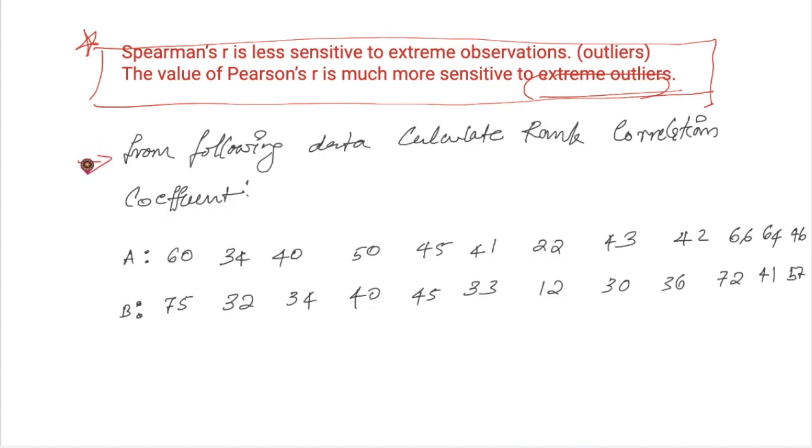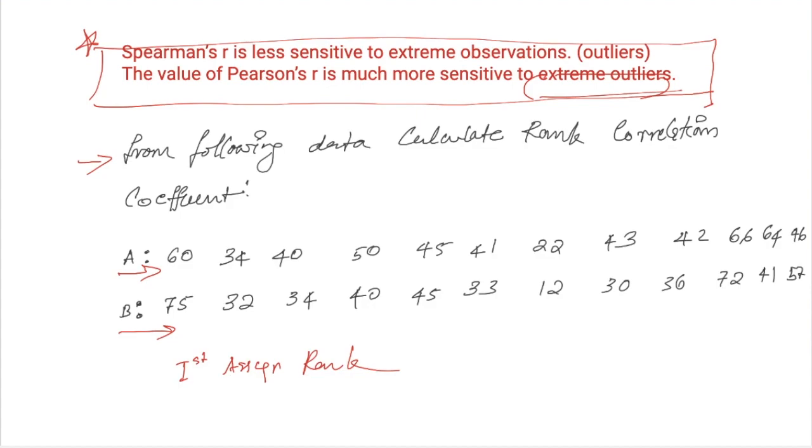We have values of A and values of B given: 60, 34, 40, 50, 45, likewise till 46, and the values of B are from 75 to 57. So what we are going to do, first foremost step, is to assign ranks. How will we assign rank? You could do it in any way, but normally we will give the highest value the first rank,